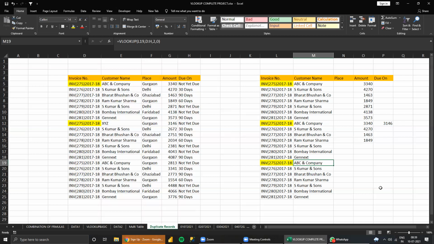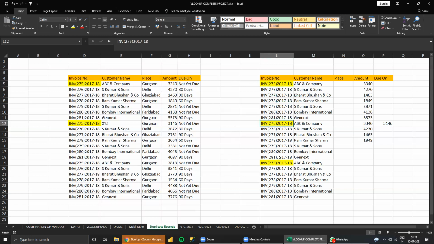Whatever formula you need, I told you in the basic Excel, the formula will not deviate from concepts at any point of time. VLOOKUP should not have duplicate records. That is the underlying statement. So that means what?